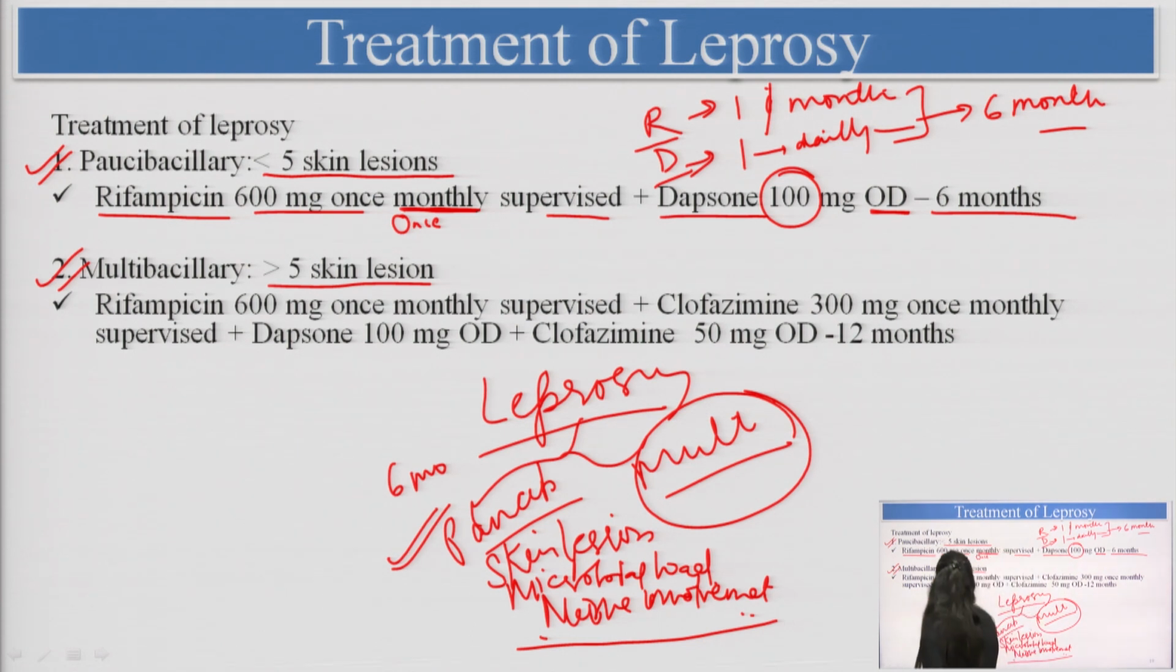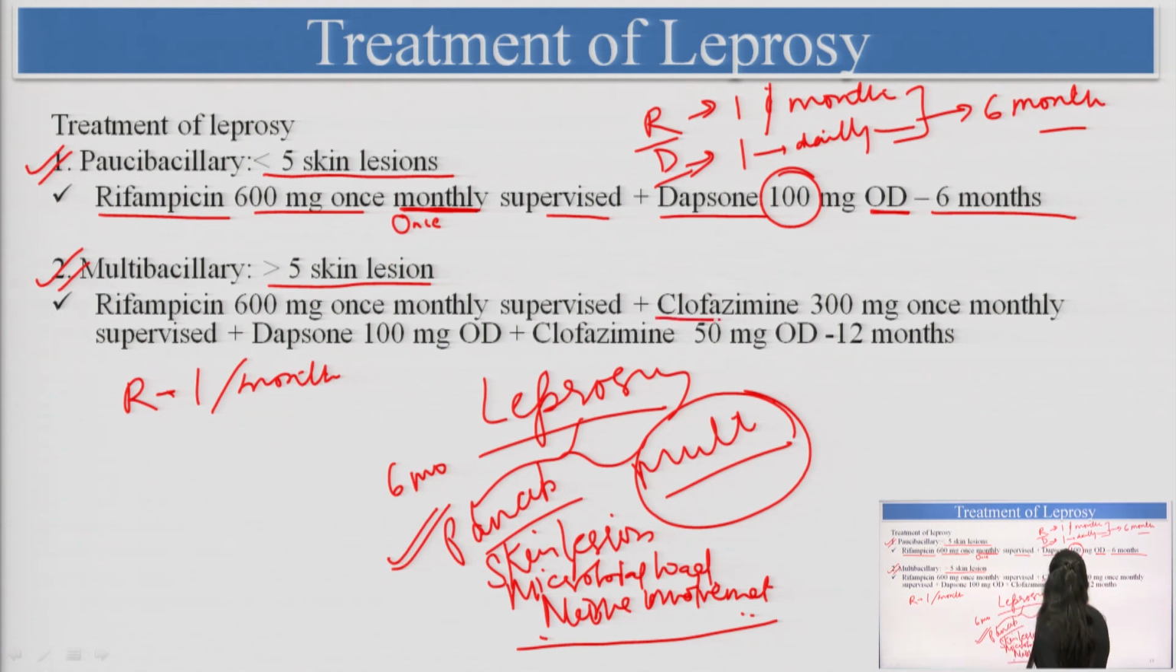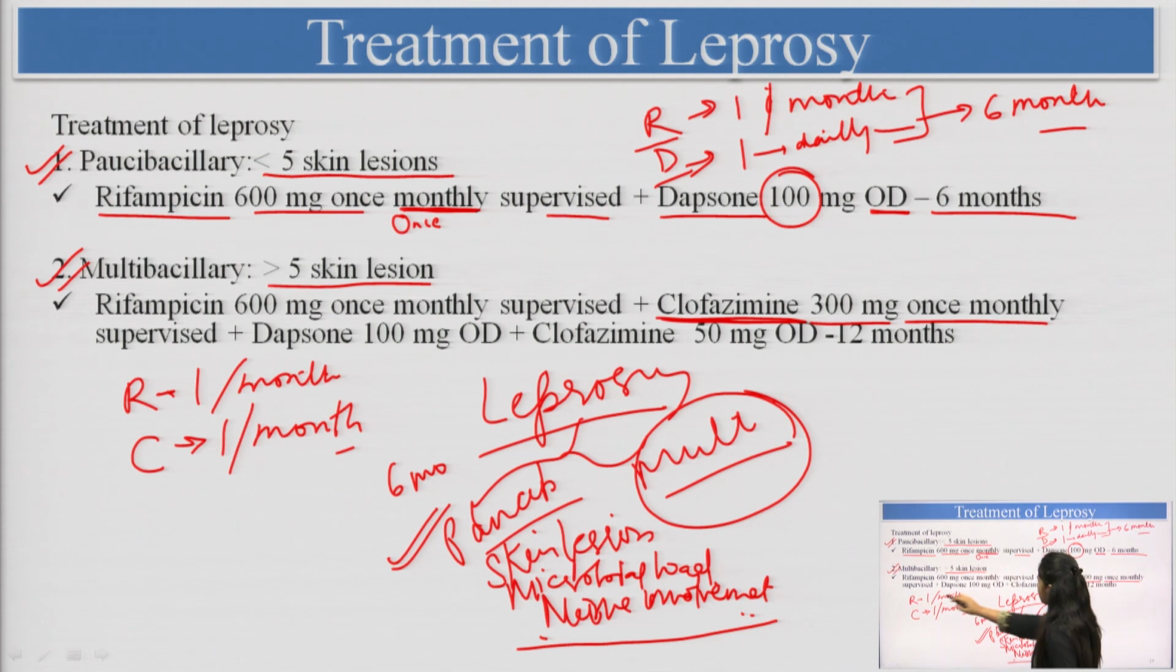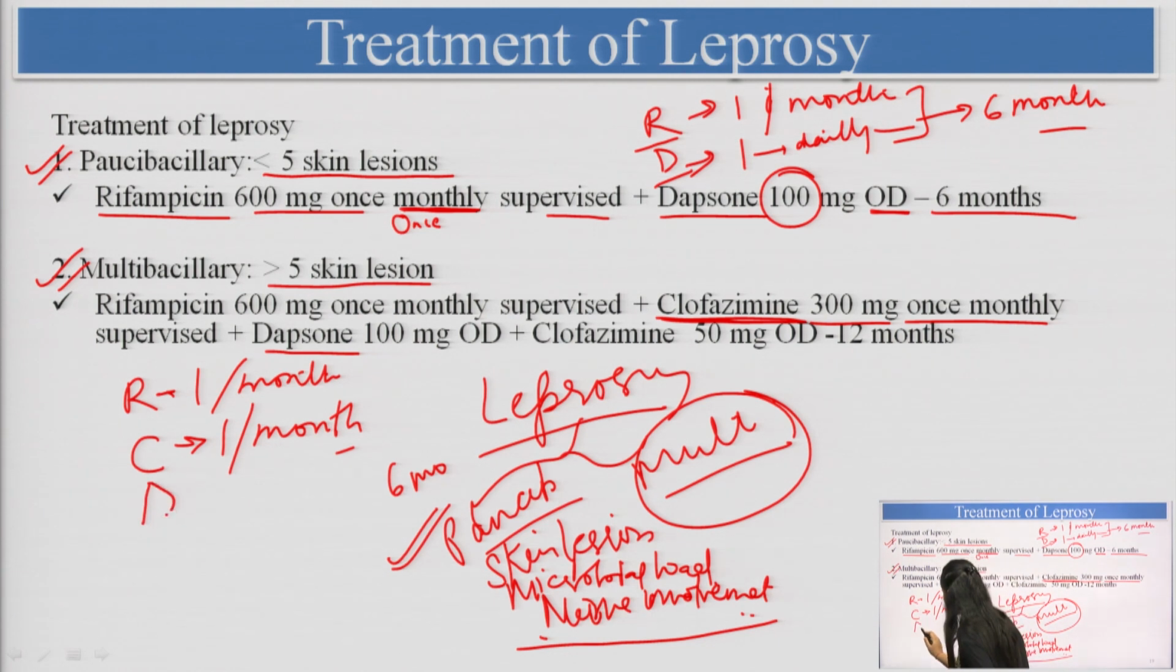What is the treatment? We are giving rifampicin 600 mg, 1 tablet per month. If we see the second drug, clofazimine is added here. We will give clofazimine 300 mg once monthly, so we will write 1 tablet per month. They are of course under supervision. Then dapsone, a very important drug, 100 mg OD. We will give 1 tablet once a day, daily,